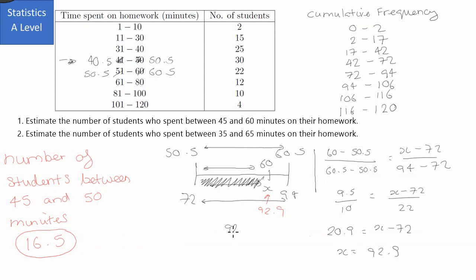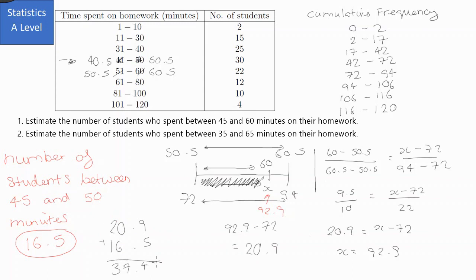So just sort of the opposite of what we've just done. And we're going to be left with 20.9. So that's how many are below 60 in this group. So we know how many are above 45 and below 50. This is how many are above 50 and below 60. So to get a final answer, we add them together, 20.9, add to 16.5, and we should find that the answer is